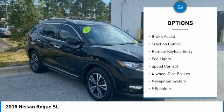This is a one-owner vehicle with a Carfax Vehicle History Report. Be sure to find a complimentary copy of this report online or contact the dealership. This vehicle qualifies for the Carfax